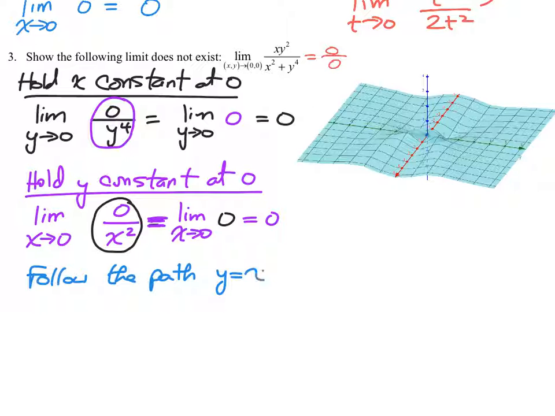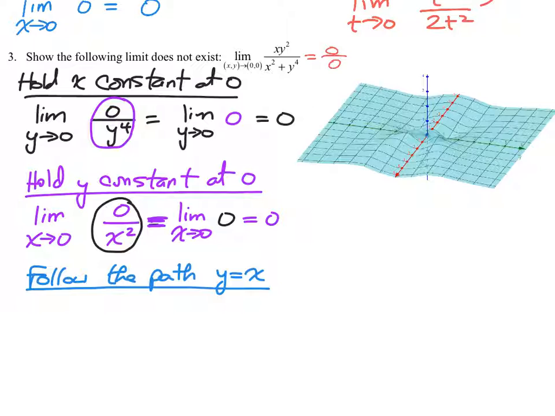So what I'll do is I'll follow the path y equals x. And if that doesn't work, I'll try y equals x squared. If that doesn't work, I'll try y equals x cubed. If that doesn't work, maybe I'll switch over and try a log or a trig function. One of these is going to work though. Generally though, the types of functions are going to be specific to what you see in the expression. So I'm probably not going to incorporate a trig function if there is no trig in the original expression. I'm probably not going to incorporate an exponential or a log unless there's an exponential or a log in the